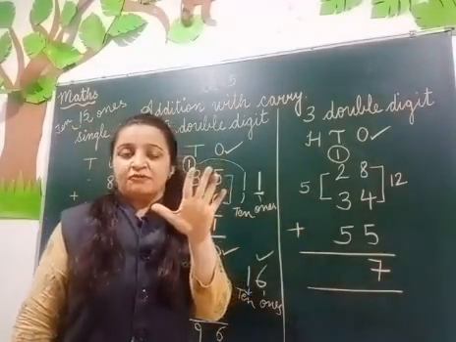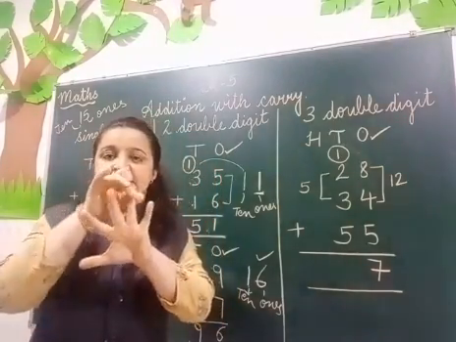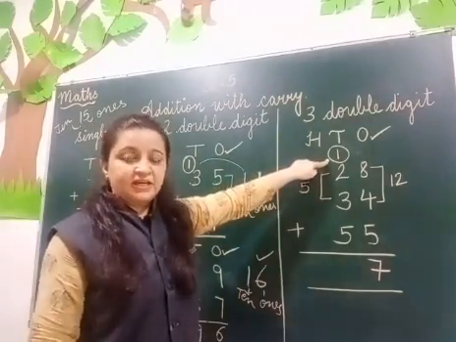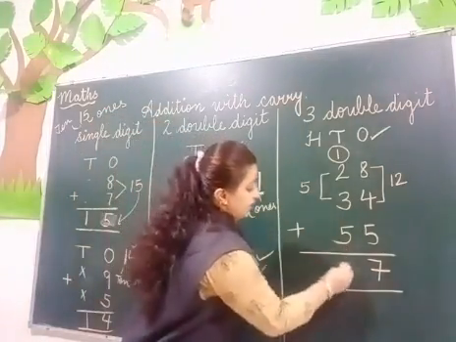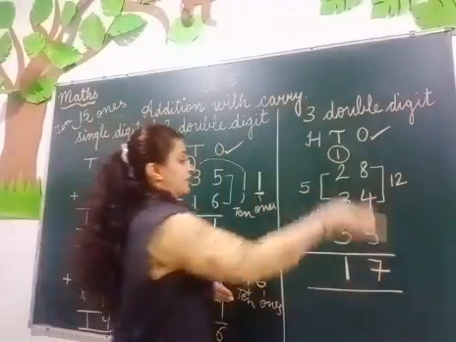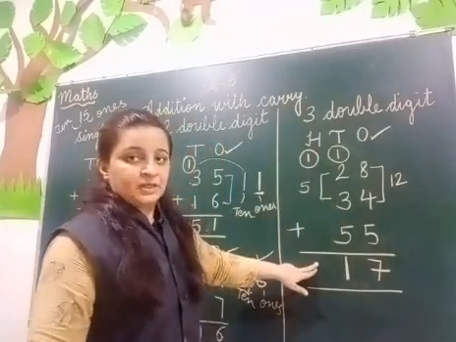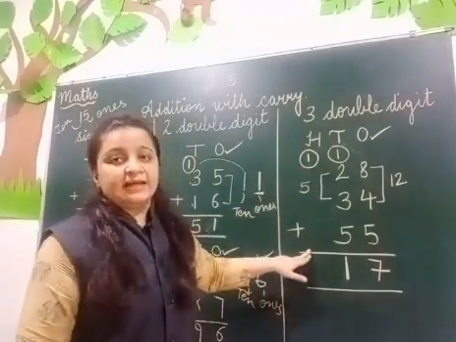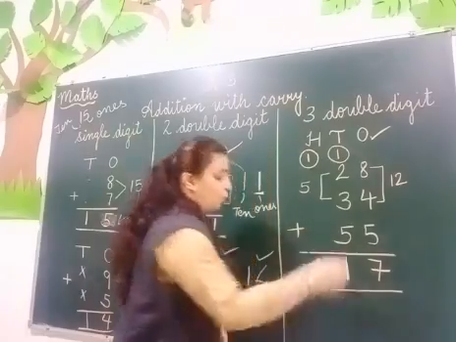Let us take 5 more fingers and count forward after 5. 6, 7, 8, 9, 10. 10 plus 1, which is carry, makes 11. So what will you do, children? 11, you will write only 1, and the other 1 you will give as carry to the hundreds place. Yes, but there is no digit to add at the 100 place, so we can write 1 directly over here.